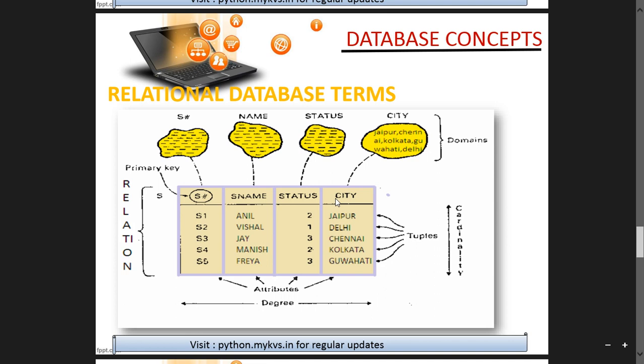They are called degree. Understood, no? Number of columns are called degree. And the number of rows, 1, 2, 3, 4, 5. 5 rows are there, or 5 records are there. The number of records or number of rows or number of tuples, these are all same, they are called cardinality.